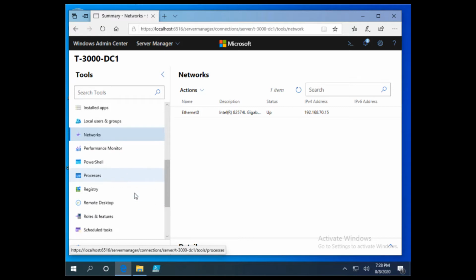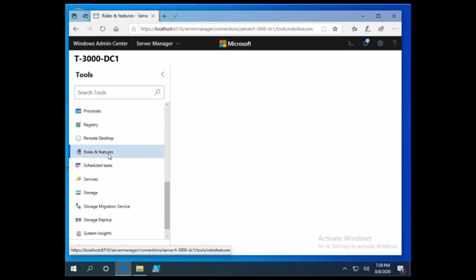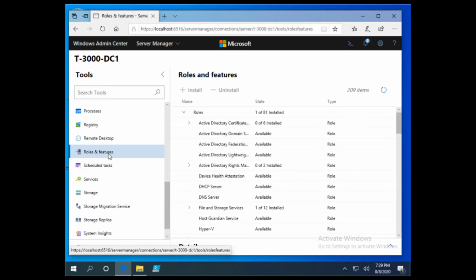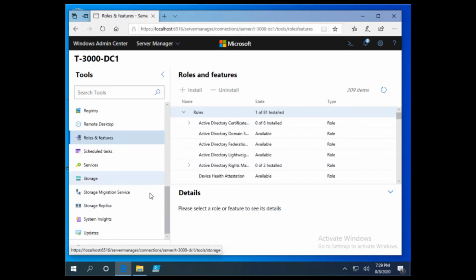Performance monitor. We went over PowerShell processes, remote registry access. We went over remote desktop roles and features. So in the next video we do, where we set up Active Directory on our core servers, and then after that we're also going to do like Exchange 2019 server with our core servers. Here's where we could access those roles and features, right? So in this case, Active Directory, roles and features and services that we want to install. Scheduled tasks, storage on my local machine,